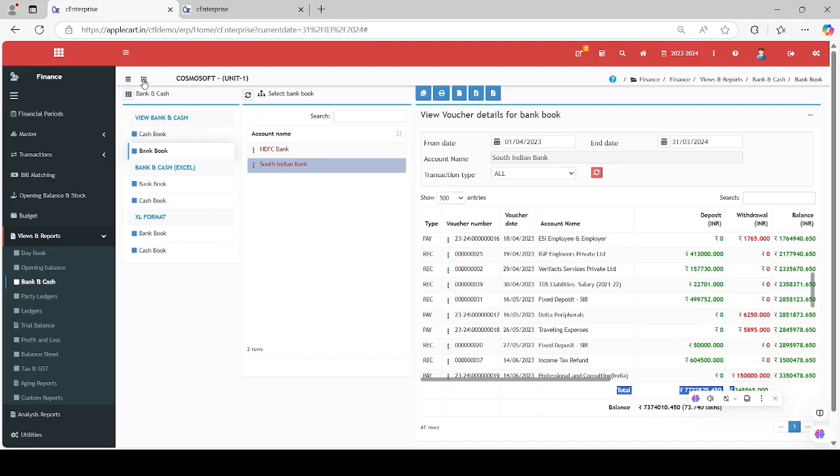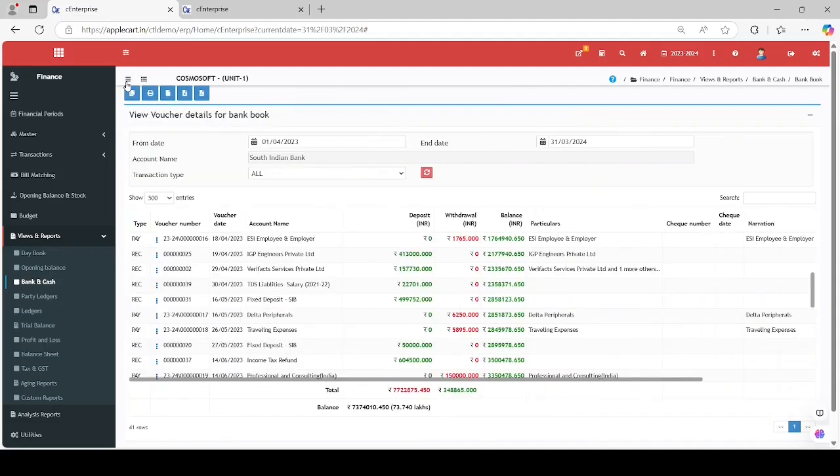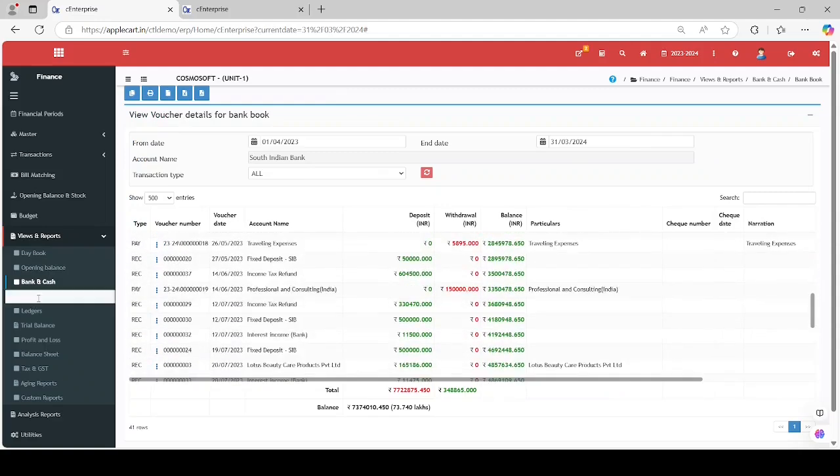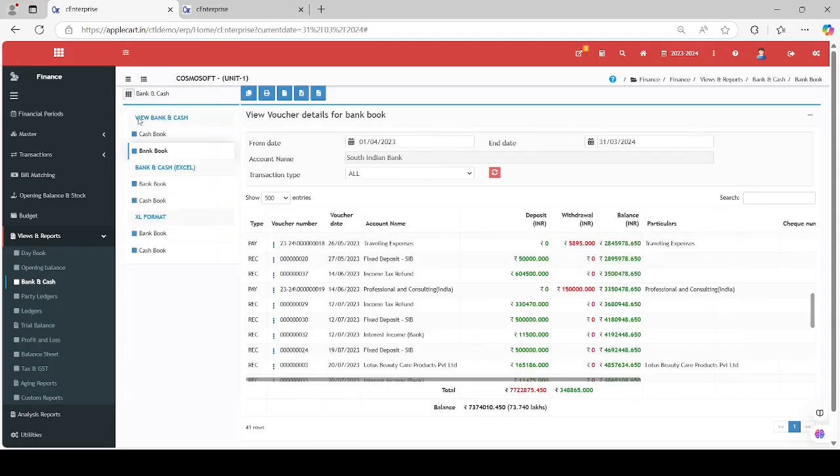To expand the view of the screen, click the List Hide button at the top of the menu. Users can download the report in CSV, Excel, or PDF format. Users can create and download reports in Excel format, customized to meet specific requirements, using the Excel Reporter tool. How to create reports in Excel Reporting tool is available in a separate session.